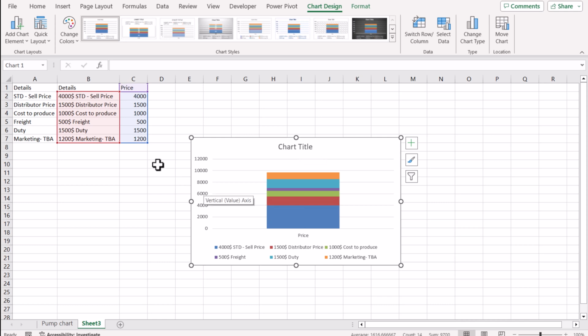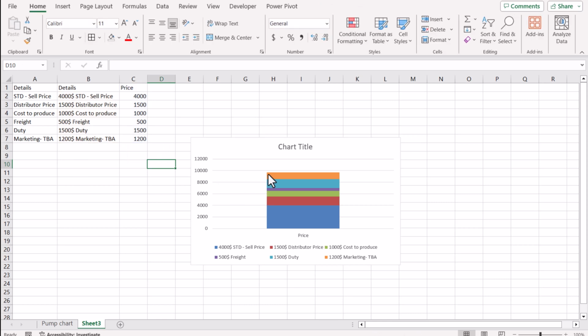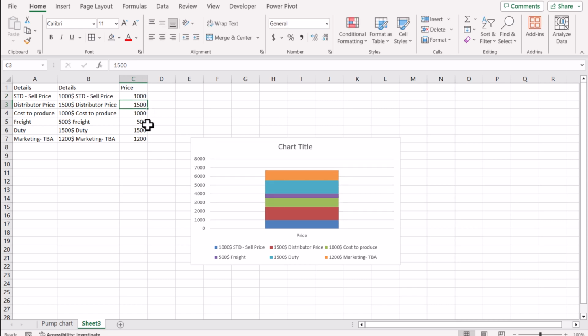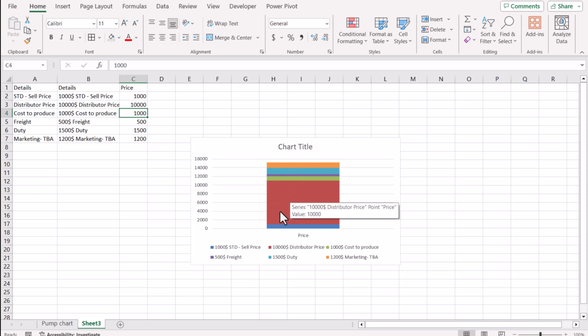vertical axis. But the only thing I want to show you, consider this height. Now this is the total height. We want the height to stay constant irrespective of the value. For example, if I change this value to 1000, you can see the overall height is changing. Even if I change this to, let's say, 10,000, the overall height is changing, and we don't want the overall height to change